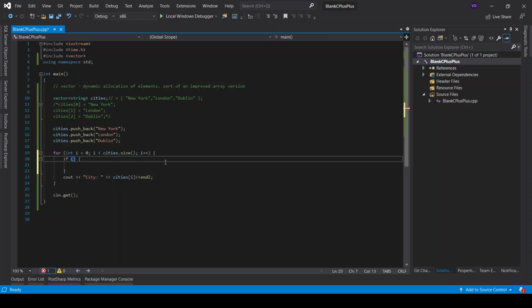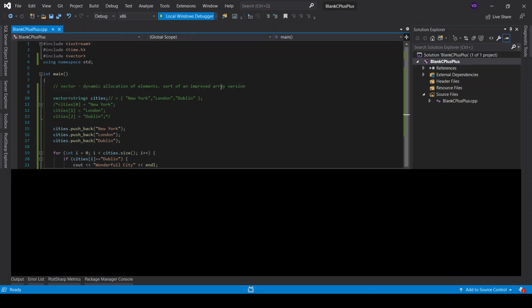So for example, while looping through the cities, if you find a string that is equal to Dublin, just print out a message that says "wonderful city." I'm just making up things right here. Otherwise, just continue with the loop. Okay, so pretty much